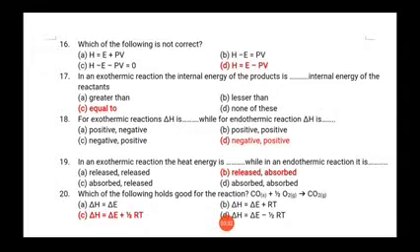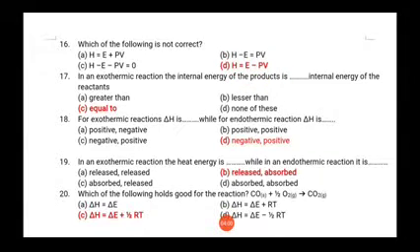So all the options are of enthalpy, and we know that the actual relation of enthalpy H is equal to E plus PV. So options A, B and C all are the same with some modification, but option D is not the correct one, because it must be E plus PV. So the correct option is option D, that is H is equal to E minus PV.